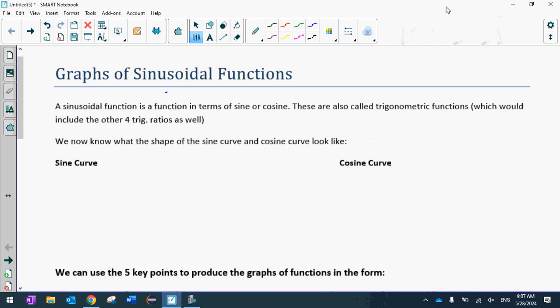Okay, so today we're going to look at graphs of, as it says, sinusoidal functions, is how you pronounce that. A sinusoidal function is a function that's written in terms of either sine or cosine. We're going to find out why it actually doesn't matter if it's sine or cosine. These are also sometimes called trigonometric functions, but trigonometric functions would include sine, cosine, as well as the other four